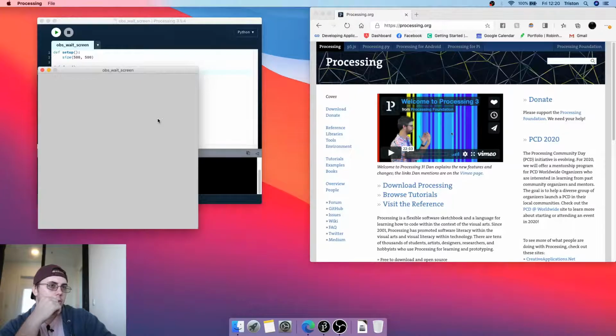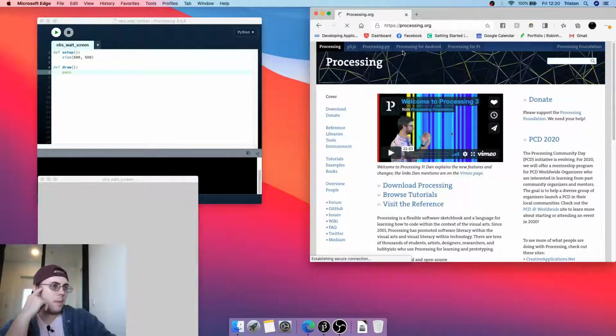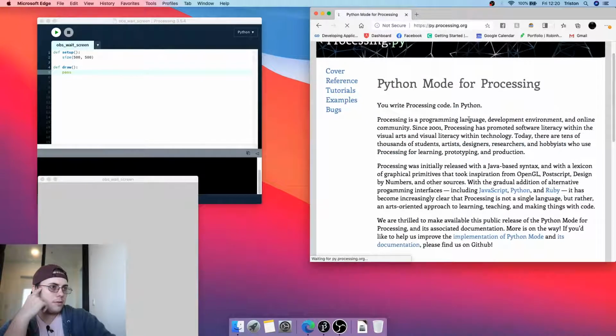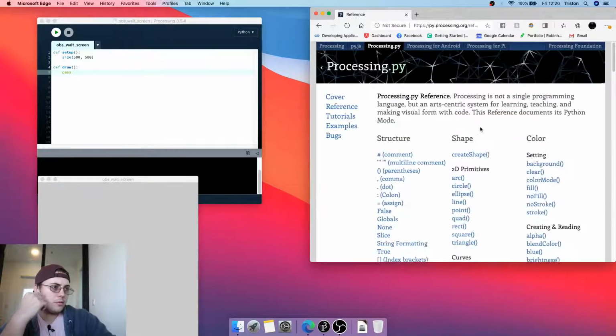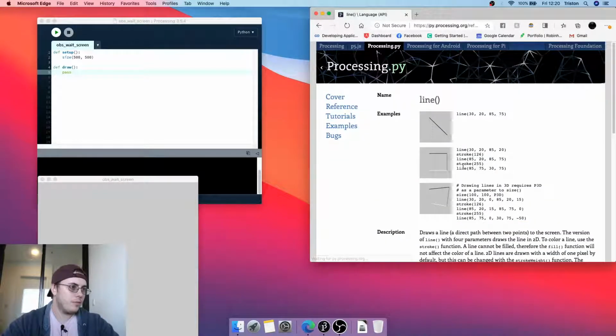Here, move here. Here's Danny boy. Processing.py. Let's reference. This is the Python reference. I'm looking for something like line. So this line is